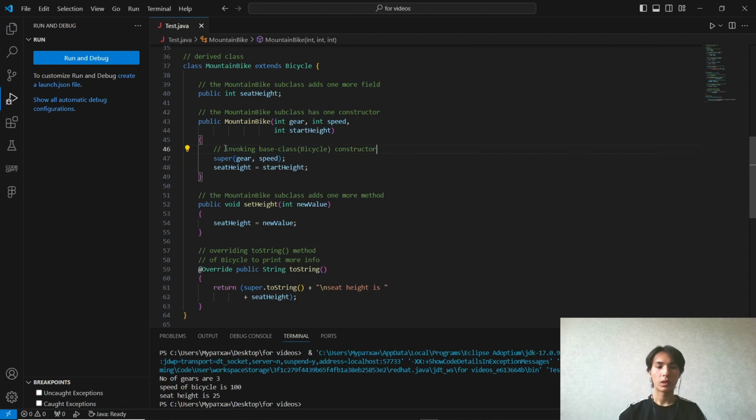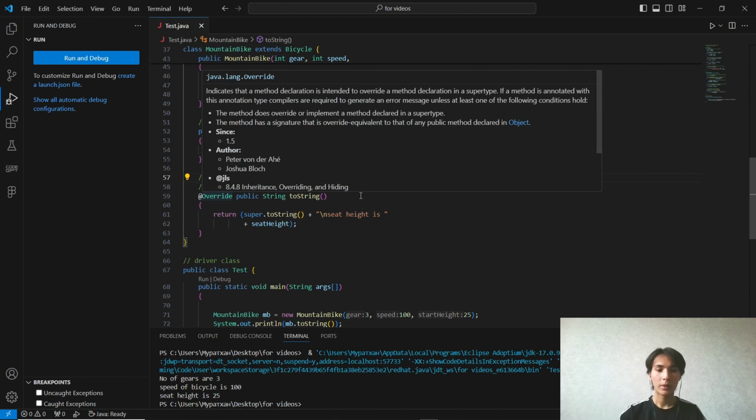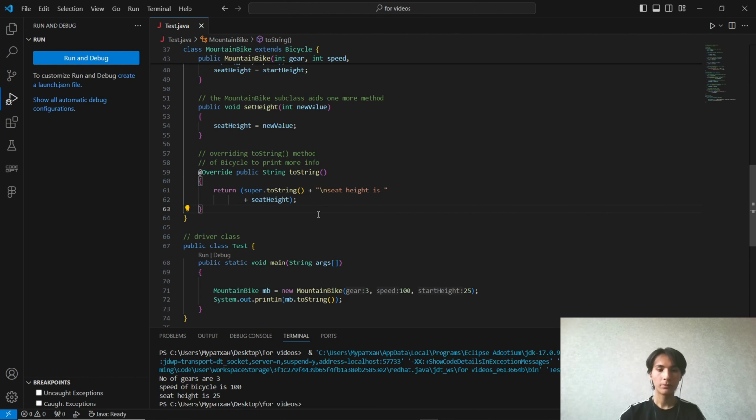So we just invoke the basic class Bicycle constructor. We use super with gear, speed, and our seat height equal to start height. The MountainBike subclass adds one more method. As you can see, seat height is set equal to a new value,